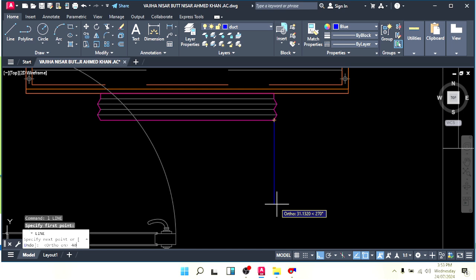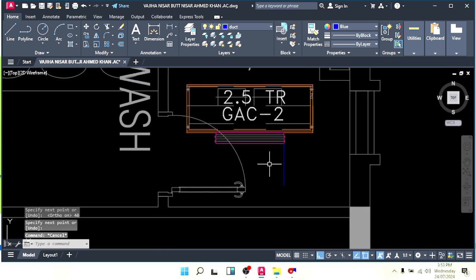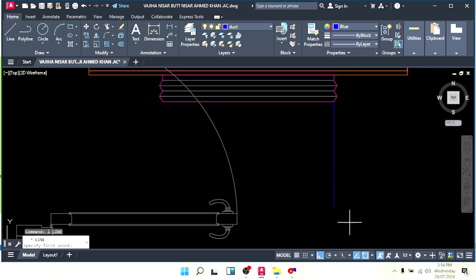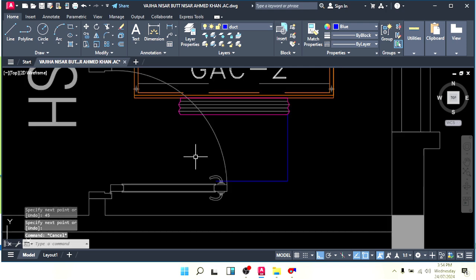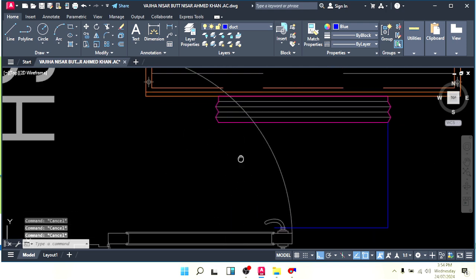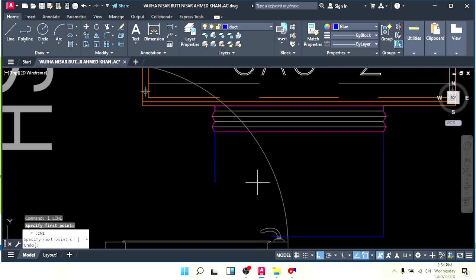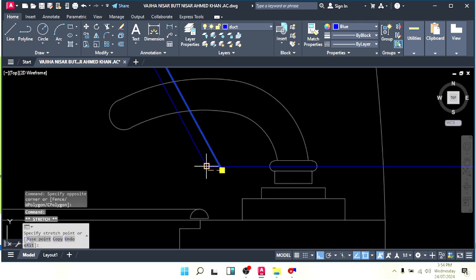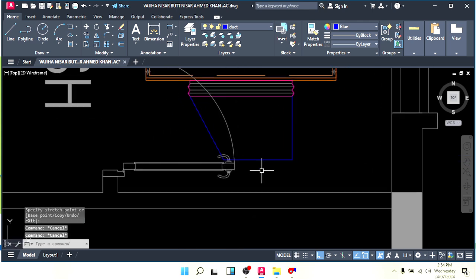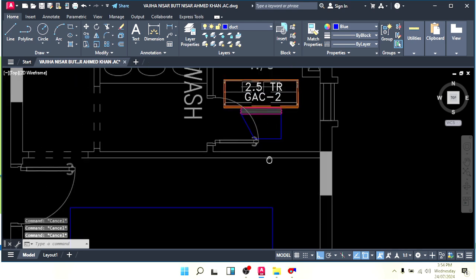Even 50 is not a problem, so I will make 40. Now the width of the duct is 45. This drawing is in centimeters, so I'm following centimeters, but the duct size we have to write in millimeters, because only millimeters are accepted